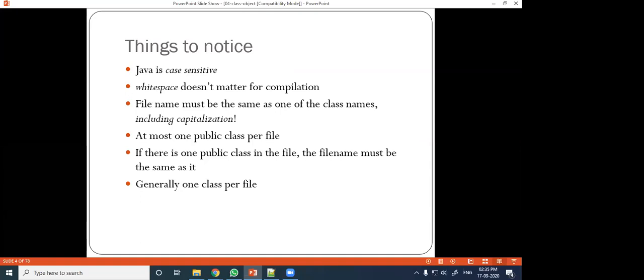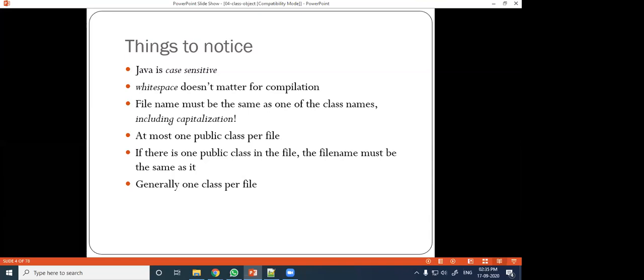Things we have noticed: Java is case sensitive. White space does not matter for compilation. If you give spaces between the statements, it will not matter for the compilation. The file name must be the same as one of the class names, including capitalization.